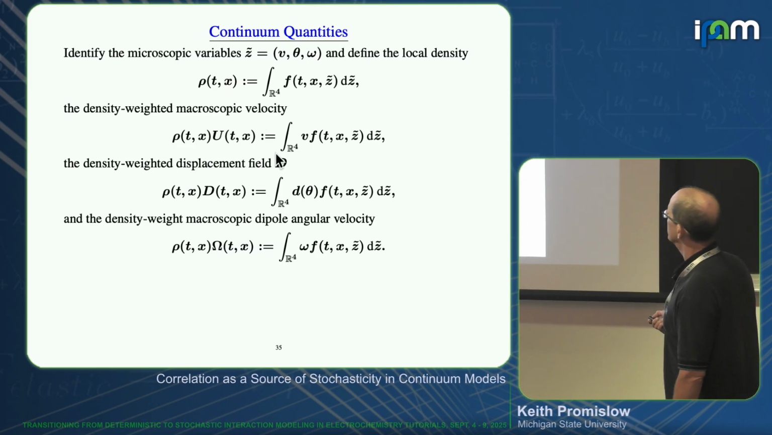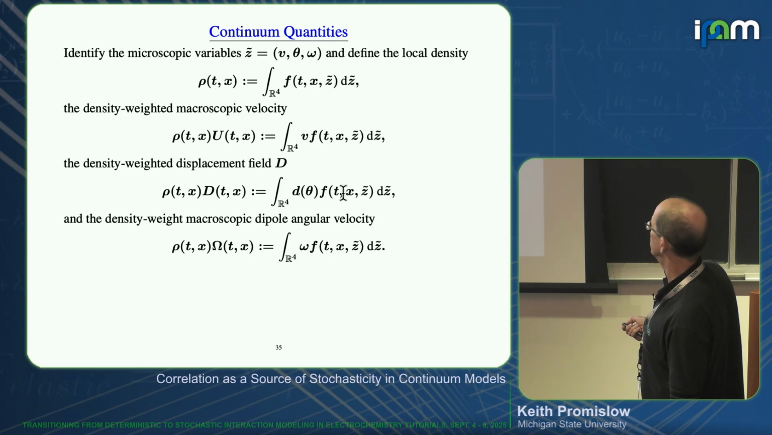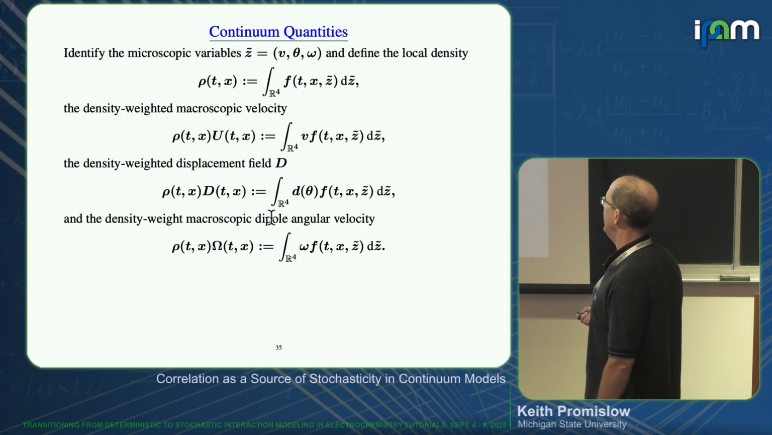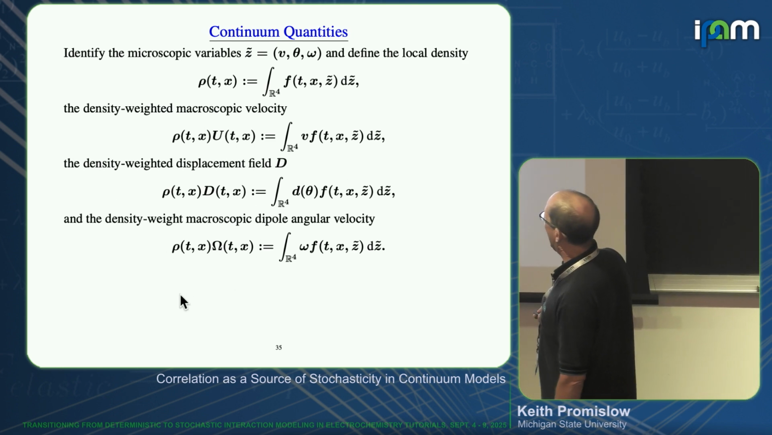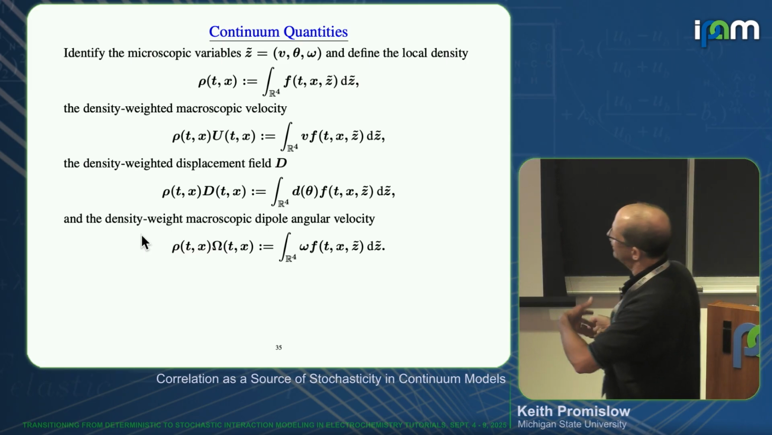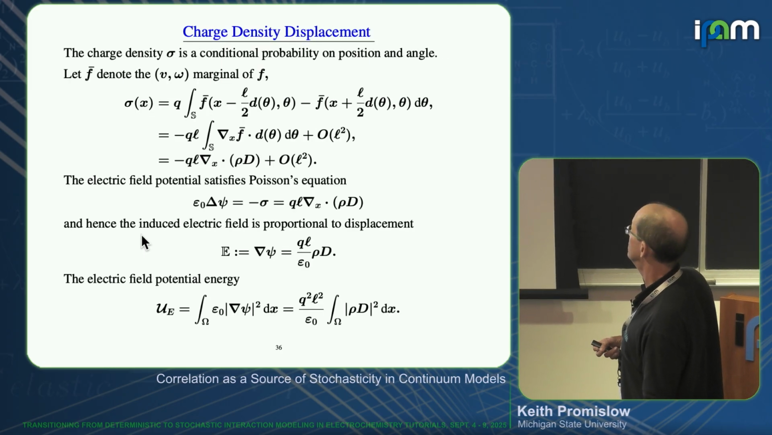And I integrate out the first marginal, the marginal against the velocity, the marginal against the dipole angle. So this is the average density-weighted displacement field and a density-weighted macroscopic dipole angular velocity. Okay, and if you've not seen these before, it's kind of interesting. If you have seen this before, this is completely standard electric